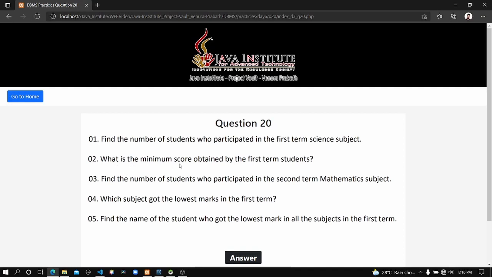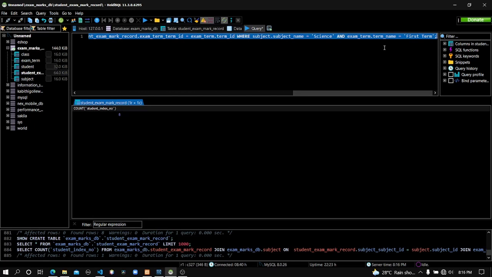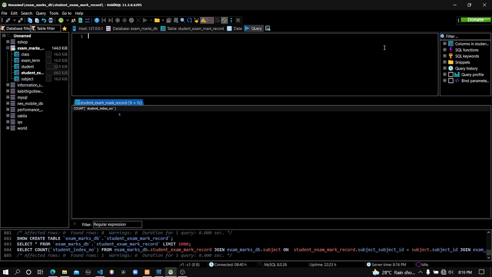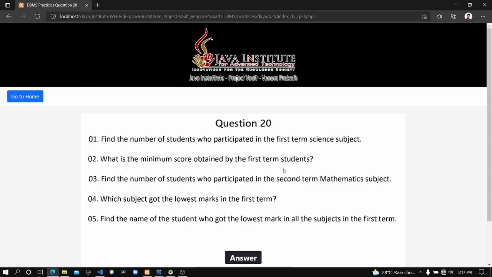What is the minimum score obtained by the first term students? Okay, here we have to write another query. Let me clear this one and write a new query. In this part I'm going to use the same joining method. Let's join the tables first. If we are going to find the minimum score obtained by the first term students, that means we have to join only two tables: the